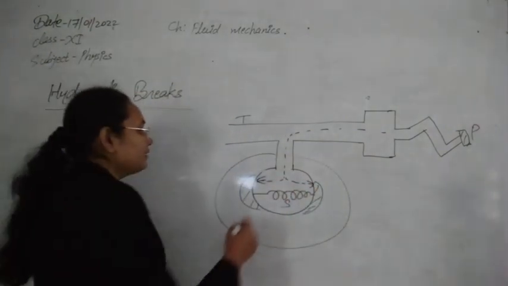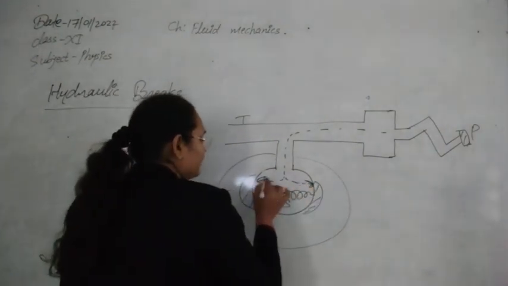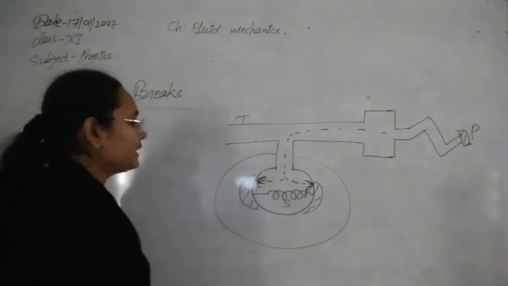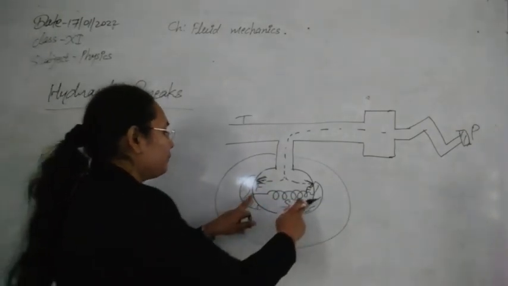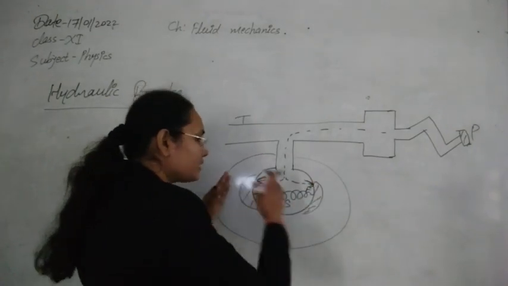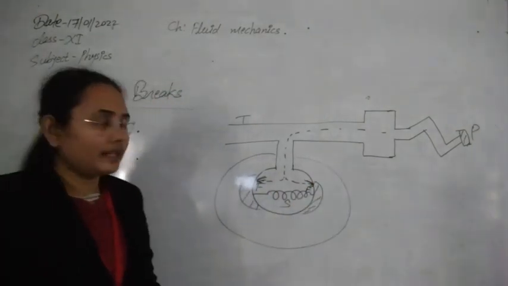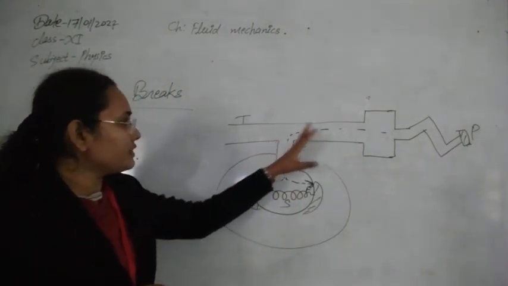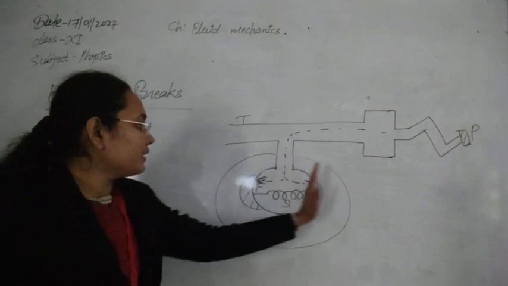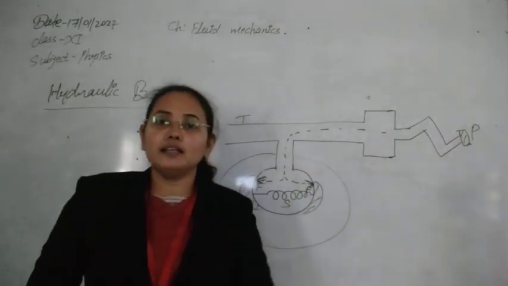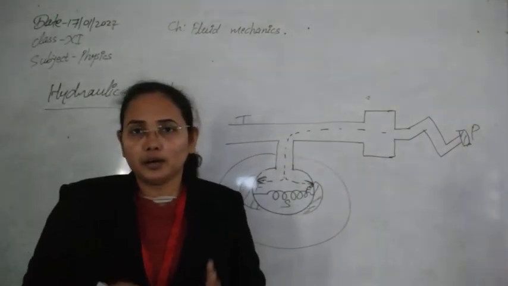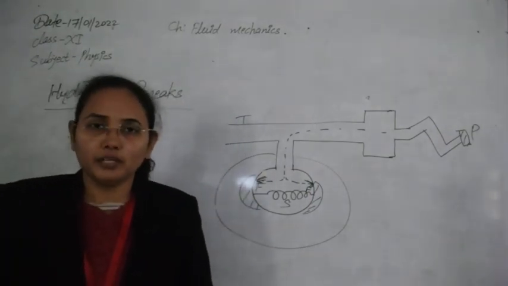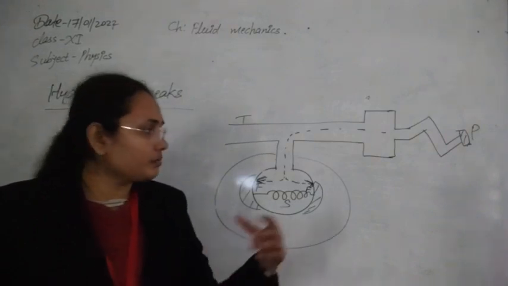So on these two brakes, some force will be applied, and due to these forces the brakes will start to go in the outward direction, and this spring will be stretched. With sufficient pressure, these two brakes will come in touch with this rim, and suddenly the wheel will stop its motion, and our car or vehicle will stop.